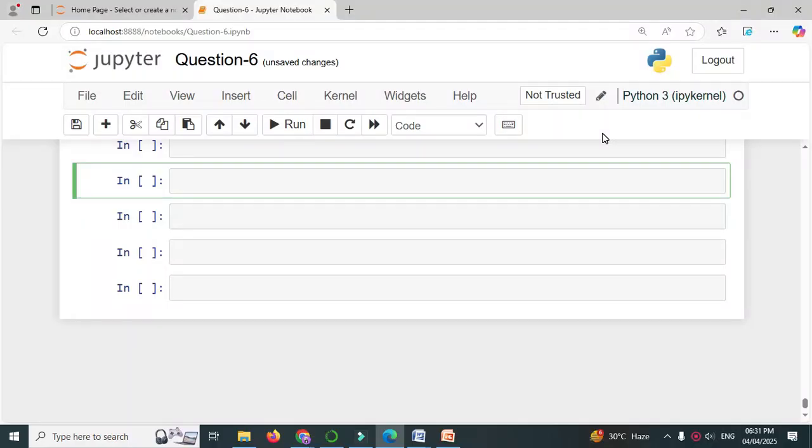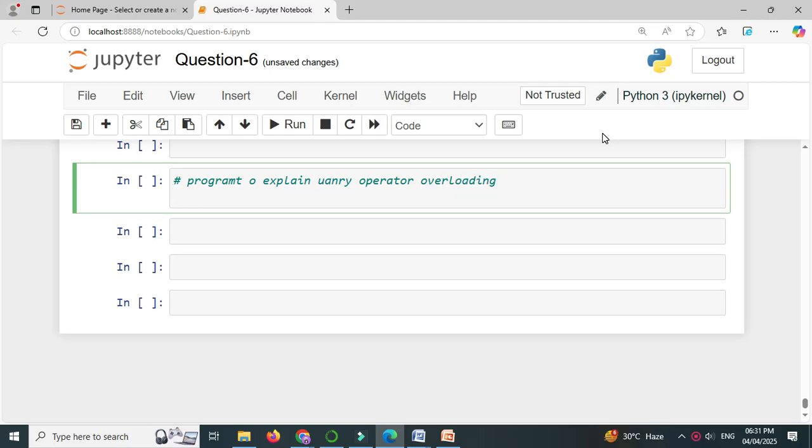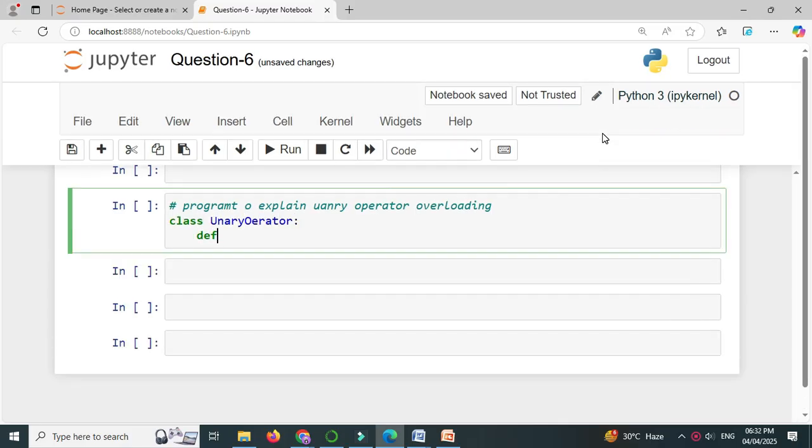Here we will write a program to explain unary operator overloading. So first in a comment line we will write: unary operators are positive, negative and absolute. So first we will define a class, unary operator, and we will define a constructor